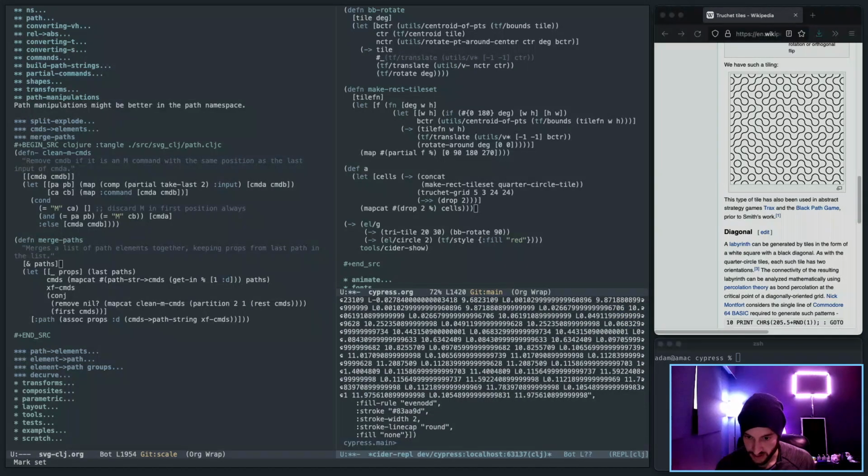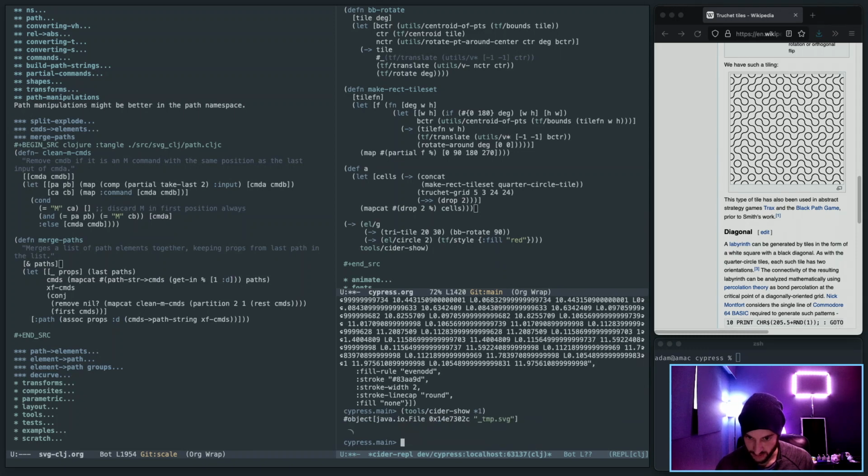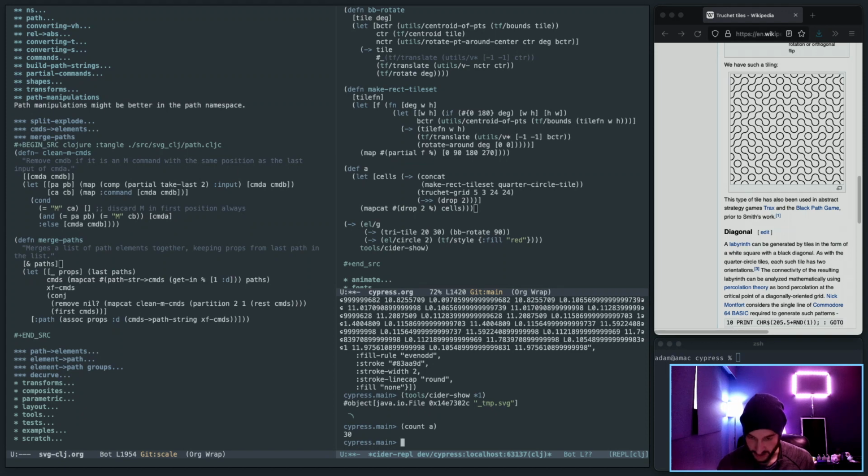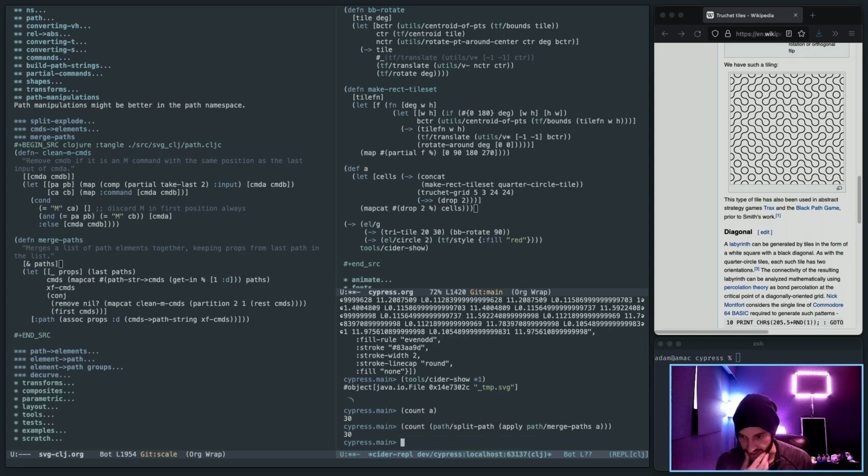So what I'm curious about is, cider show. If I count A has 30 pieces. If I do this, count this. Yeah, okay, so it round trips everything back to its own constituents. So that's not a tactic that's gonna work. What was the purpose of this? Well,